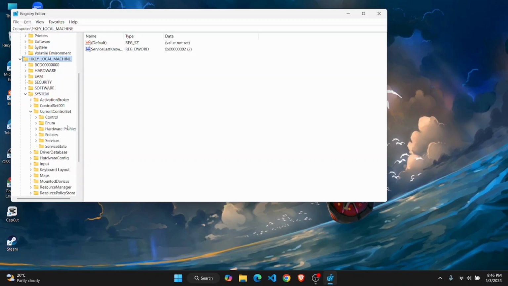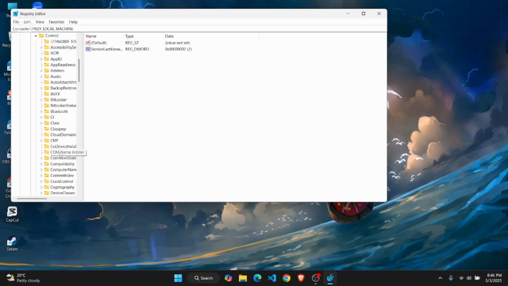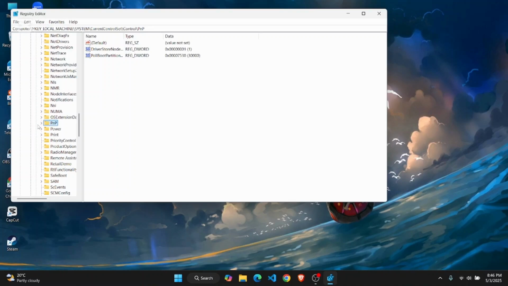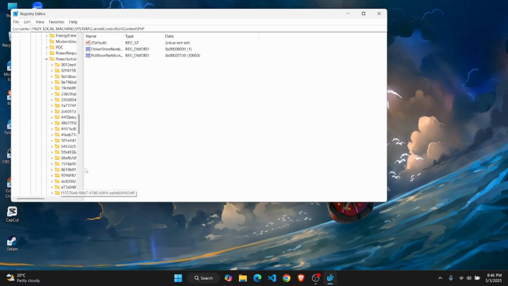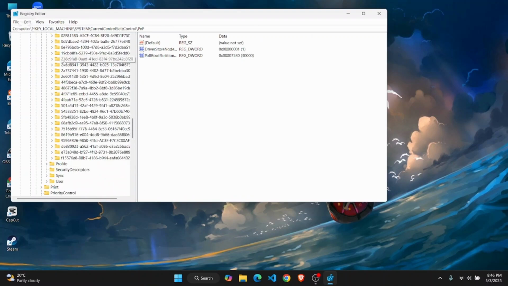And then from here, you're going to have to go to control. And from your control, you're going to have to find your power. So just tap on any one of them and type P, and you'll see your power options right here. Open it up. Now on your power profile, find your power settings and you will find a lot of folders here. So the folder that you are going to have to find here is something that starts with 5 and this one right here,